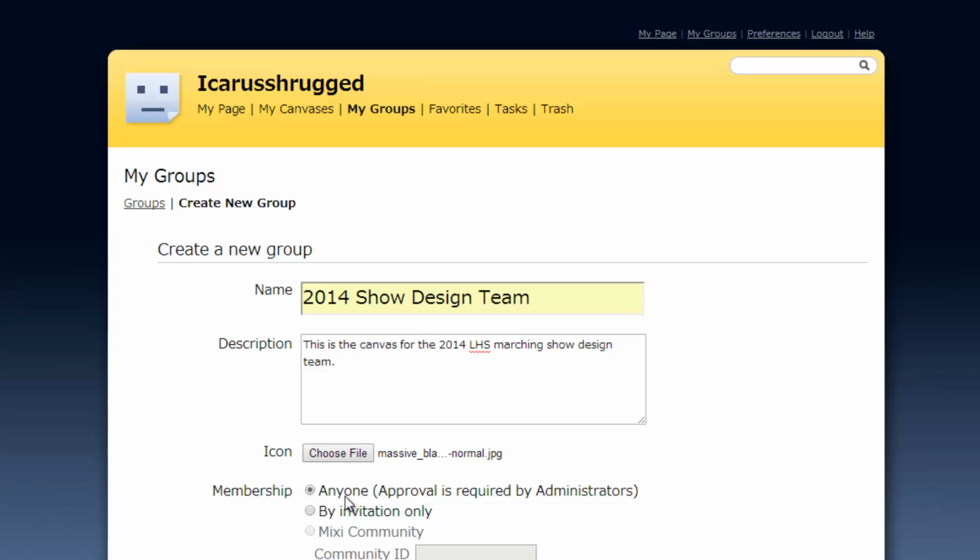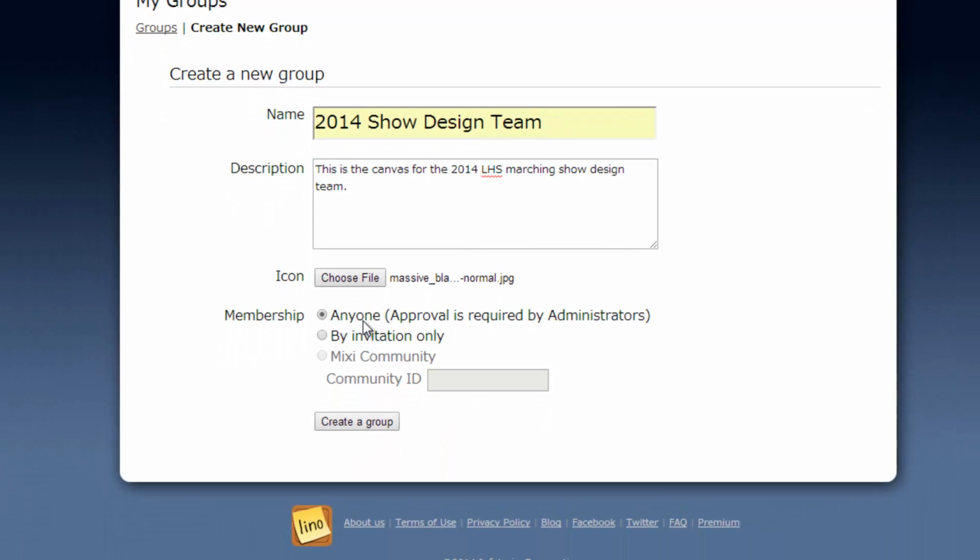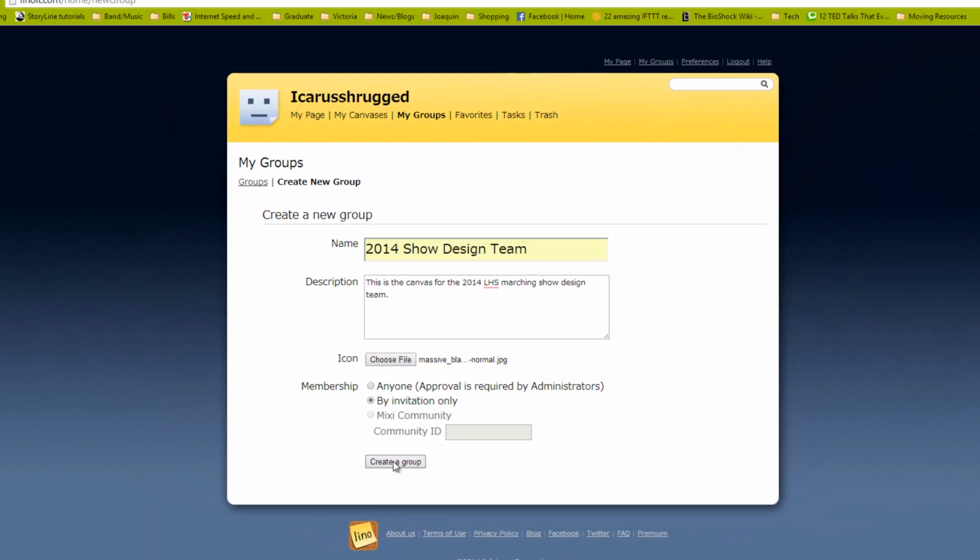Over here on membership, anyone can see my board and request to be a member of it, but because we're dealing with almost 200 students here, I don't want to have a ton of requests from students who want in on this board, so I'm going to have it be by invitation only. Okay, so now I'm going to create a group,